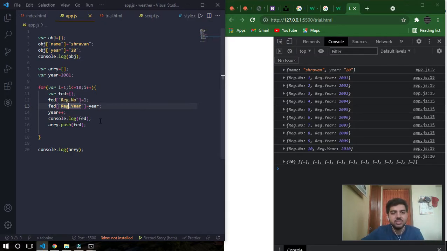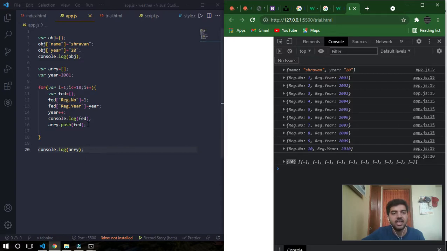Now I'm just console logging that, which you are seeing at app.js 15, meaning in the 15th line of app.js it contains this data. After that, I am pushing this fed object into this array, which is empty. I do this for the incrementations of the for loop, and after the for loop is terminated, I am console logging the array. The spelling of array is wrong, let it be. So in app.js 20, we've got the length of the array.